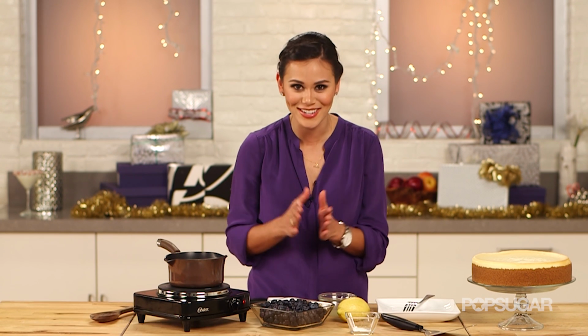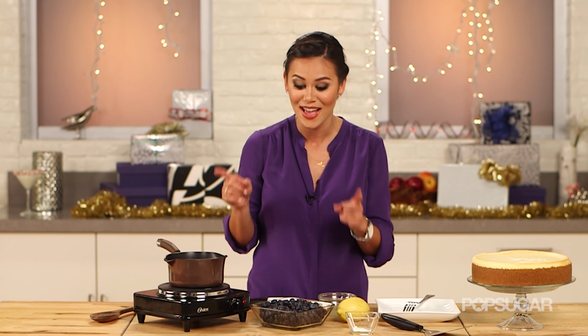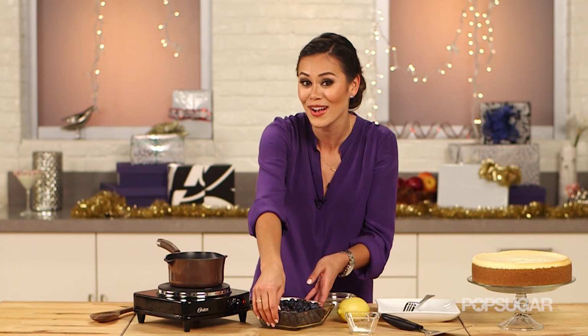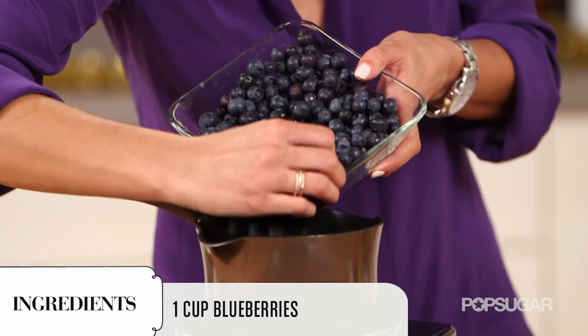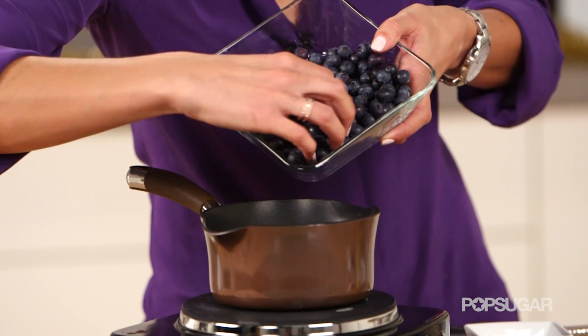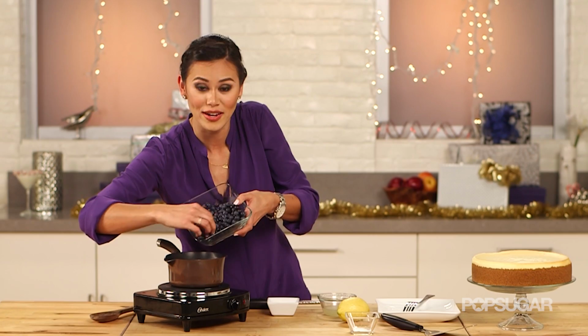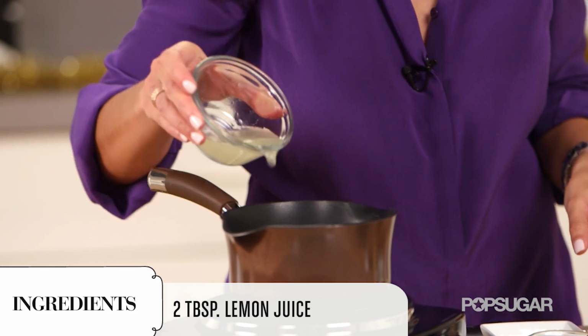Now when you go to the Cheesecake Factory, you can get the cheesecake served plain or with rich whipped cream or with a couple different toppings. I'm going to show you my favorite. It's a blueberry compote and it's really easy to make. So I'm just going to put some blueberries into a little sauce pot over medium-high heat. And all we're going to do is let the natural juices from the blueberries act as the sauce. Add a little bit of lemon juice,